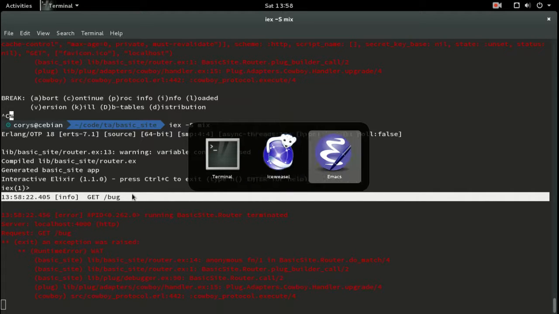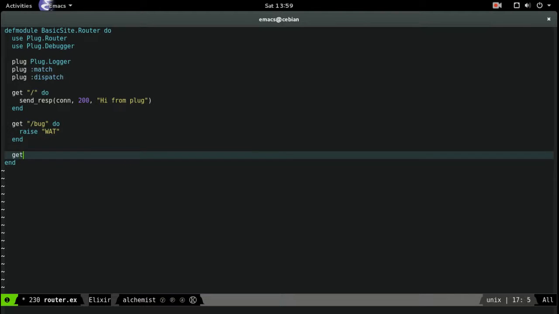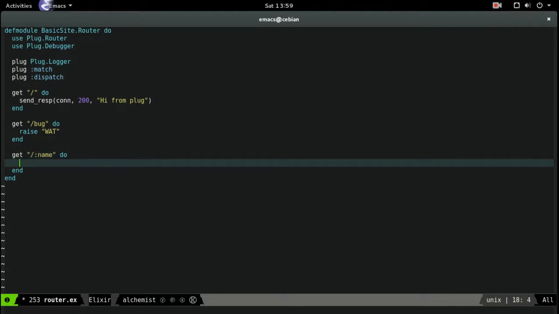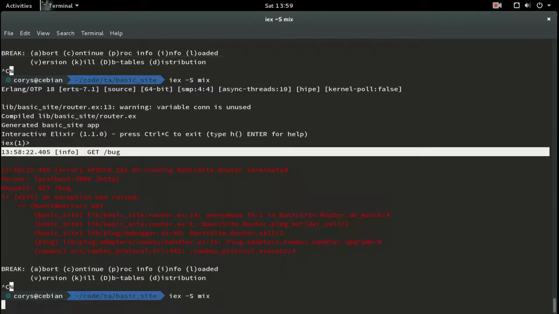Let's go back and take a look at doing some wildcard matching. If you're familiar with Sinatra, same type of syntax. You can do a colon name, and let's do a send response. Same thing, connection, and 200, "Hi" and string interpolation name. Recompile our server here